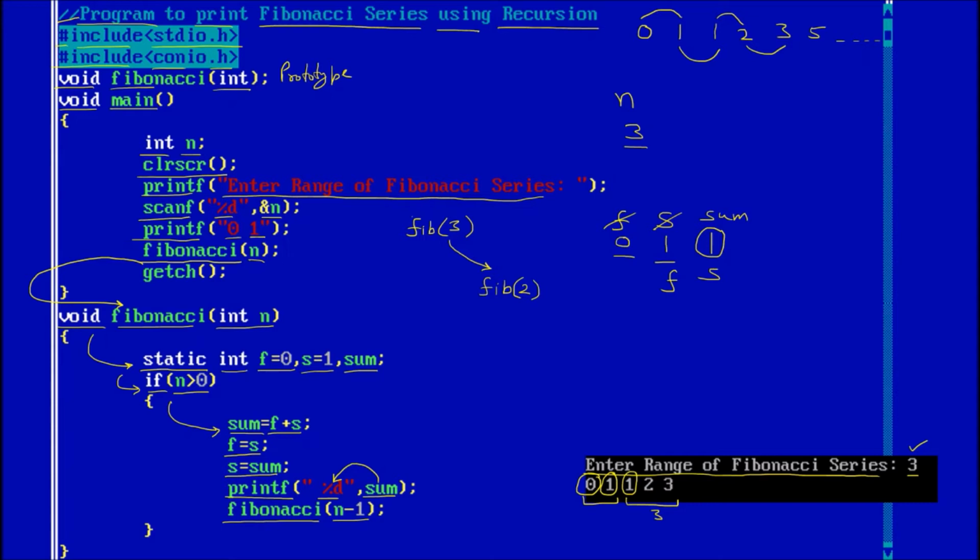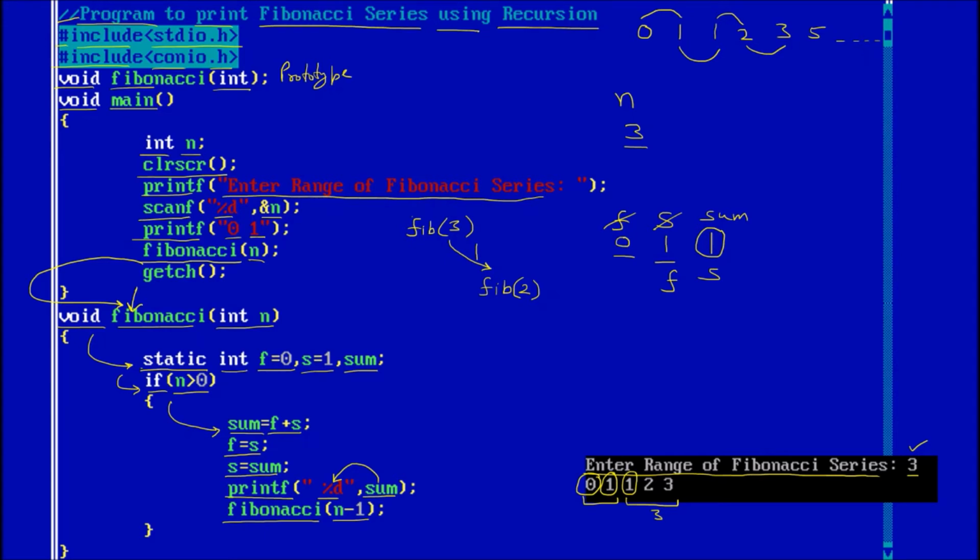So once we have executed Fibonacci 3, then 1 is printed on the screen already, and after that Fibonacci 2 is called. Fibonacci 2 will call a fresh Fibonacci function. Now here it will come again to Fibonacci, means it is calling the Fibonacci, but this time the value of n is 2.